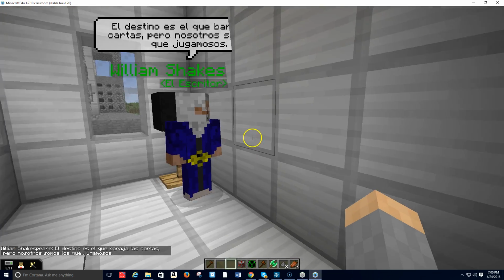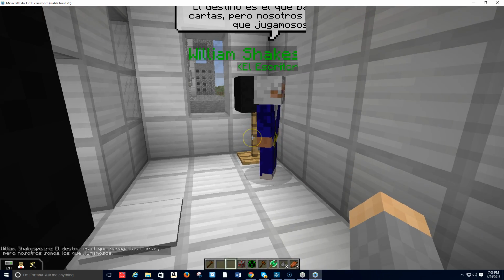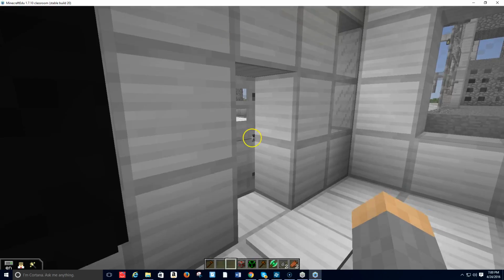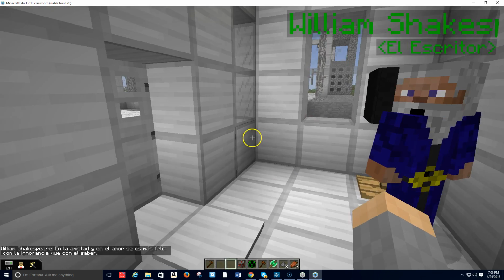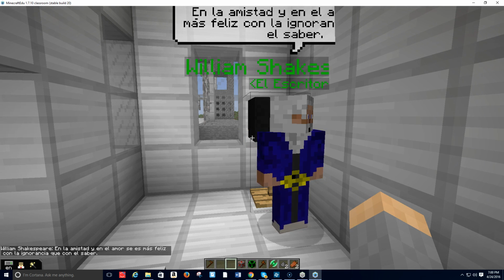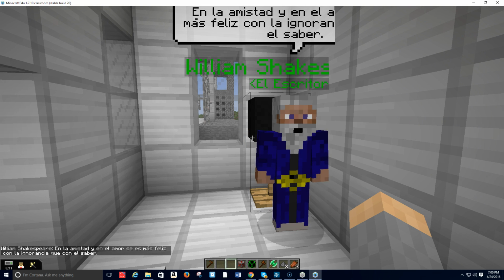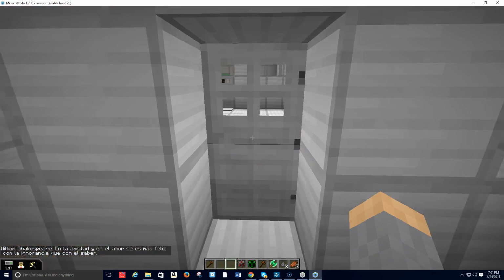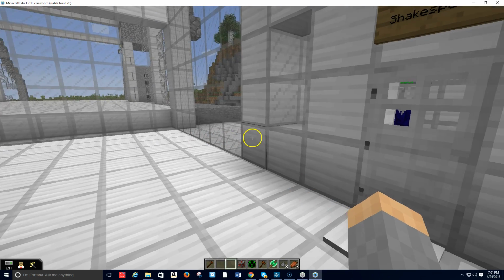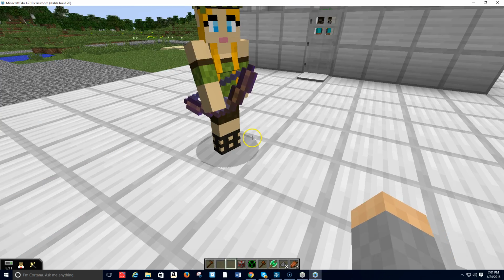I can move away from him, too. And on the left block here, he gives you a really cool quote. Get those quotes down. We can right-click him again. He's going to give us another one. En la amistad y en el amor, es más feliz con la ignorancia que con el saber. Perfect. Get 3 of those quotes down, type them up, okay, and then submit those so that I know you